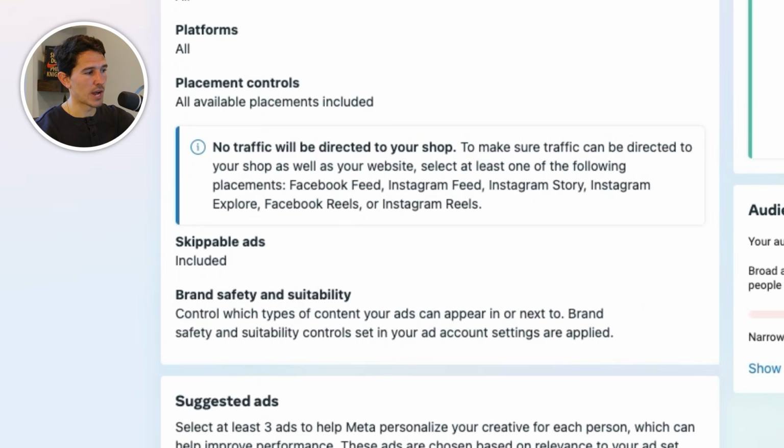Scrolling down a bit more, we are not changing any brand safety, skippable ads, placement controls. We're keeping this all standard. That is how I'm going to be setting up my campaigns on a moving forward basis. There are tweaks, there are changes that are going to be made. And on previous